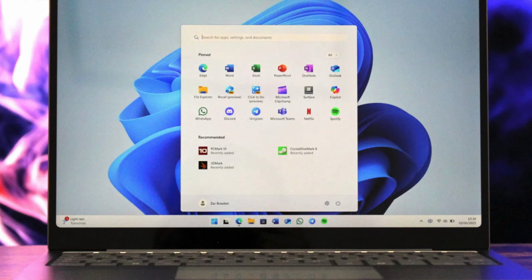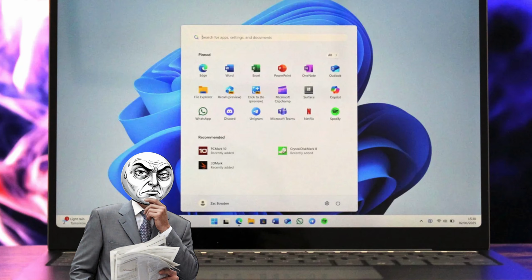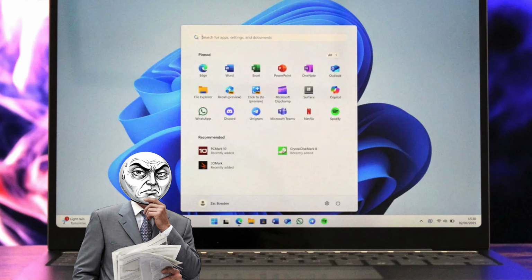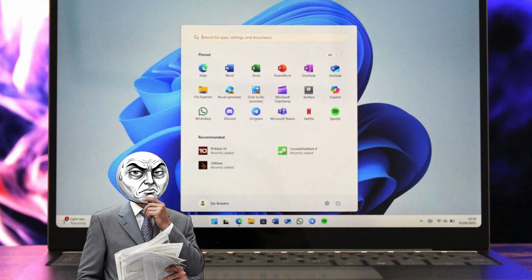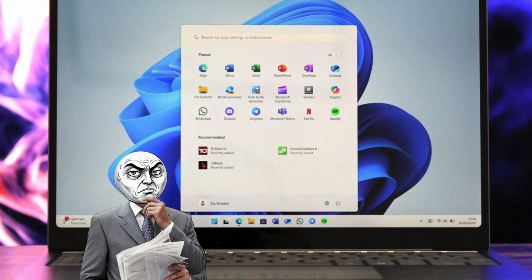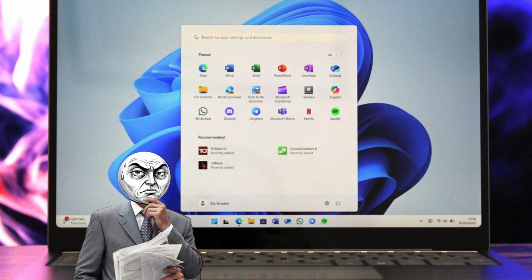When you separate the core from the experience, you're essentially running two different systems at once. Microsoft is trying to chase what Apple has done with macOS and iOS, making a system that is immutable, which is just a fancy way of saying unchangeable. For a regular person, this means if a specific feature breaks, you can't just go in and fix it or tweak a registry setting like you used to. You have to wait for Microsoft to send a layer update. It's a system collapse for anyone who likes to actually own and manage their hardware.